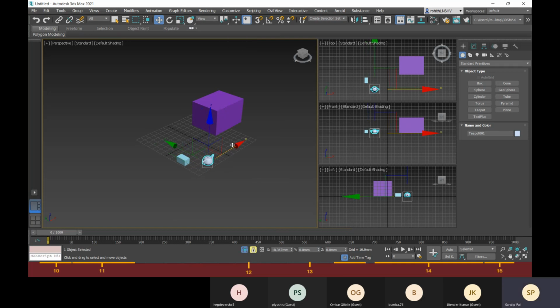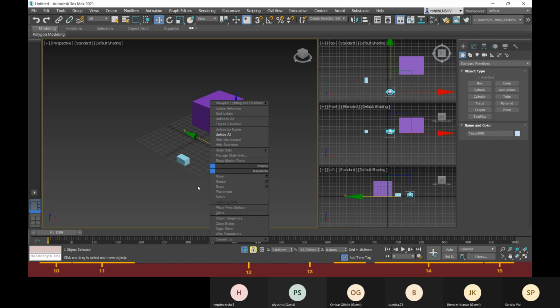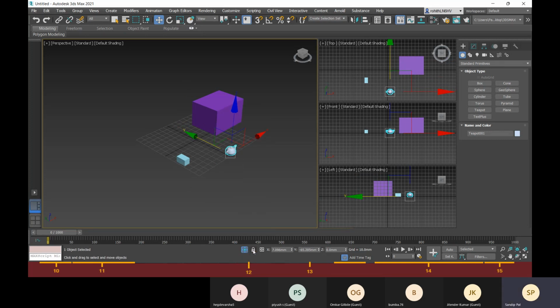This is the only thing selected right now, so with the selection lock toggle on, I cannot select any other. Nothing else will be selected. So you need to uncheck this option and then you can select other things.